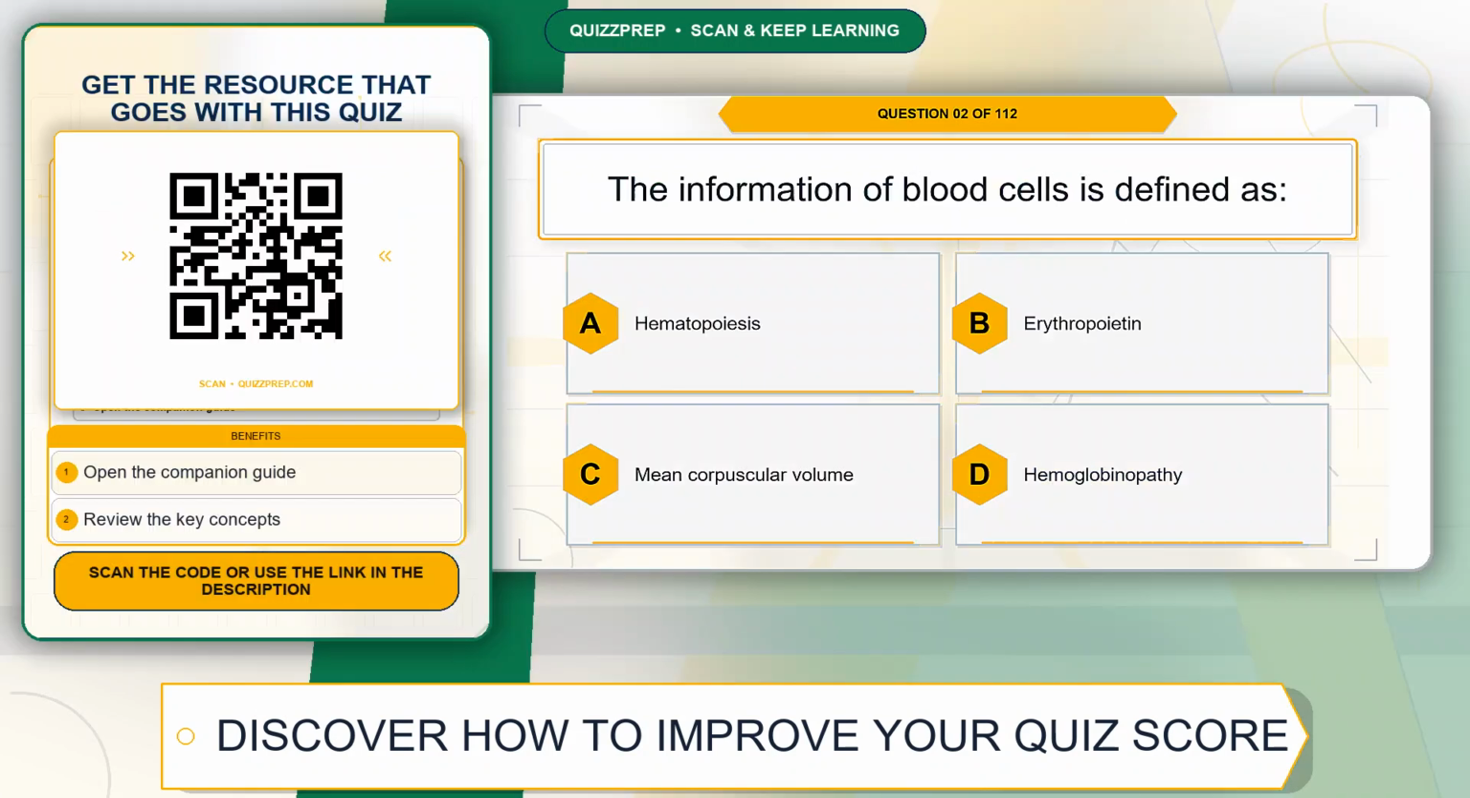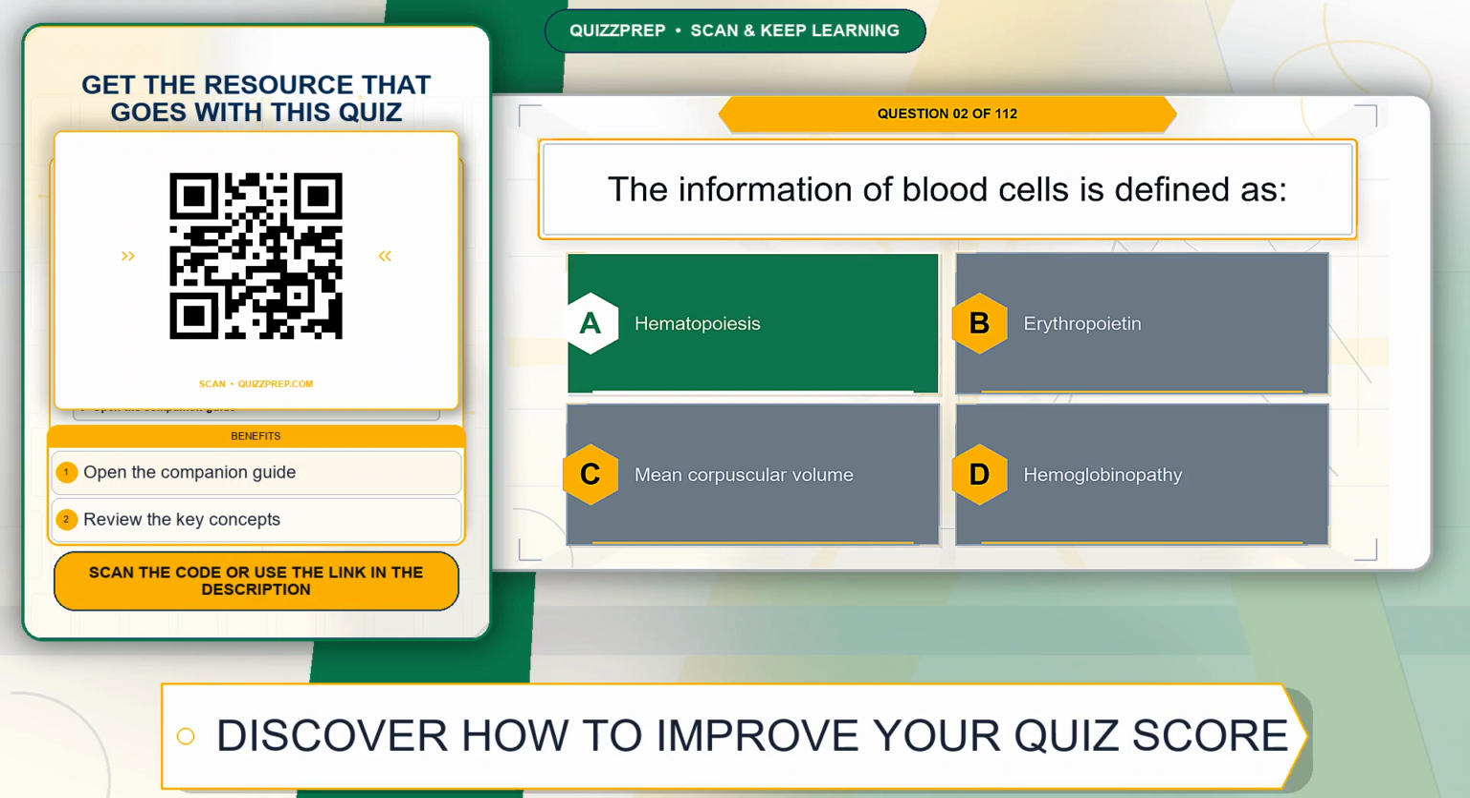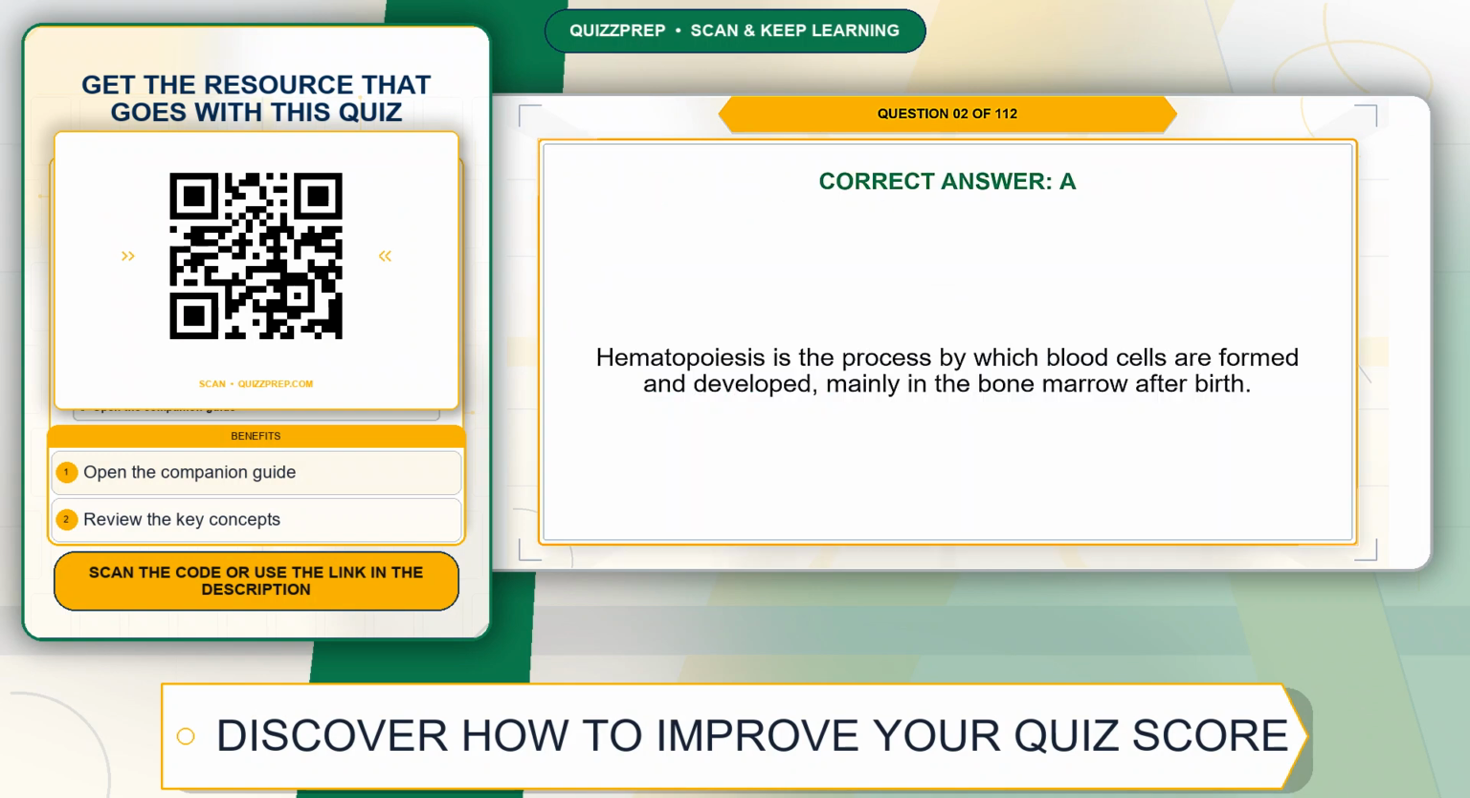Question 2. The formation of blood cells is defined as: Option A, Hematopoiesis. Option B, Erythropoietin. Option C, Mean corpuscular volume. Option D, Hemoglobinopathy. The correct answer is Option A, Hematopoiesis. Explanation. Hematopoiesis is the process by which blood cells are formed and developed, mainly in the bone marrow after